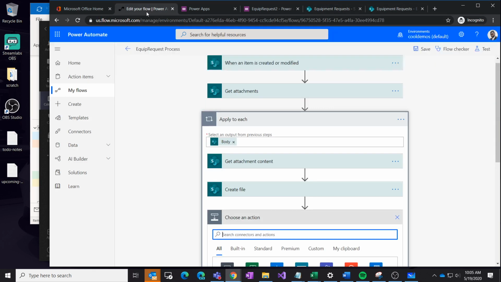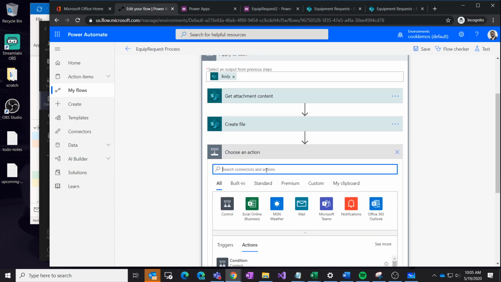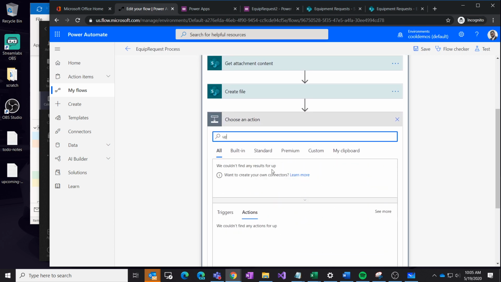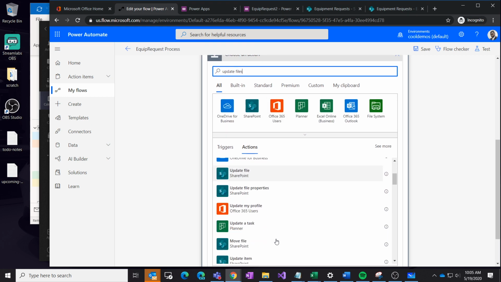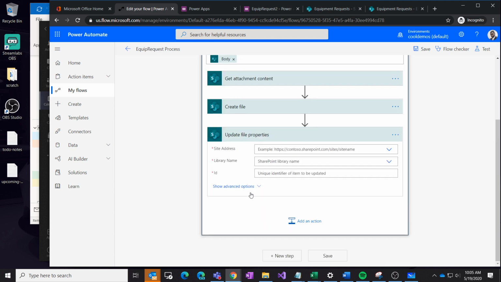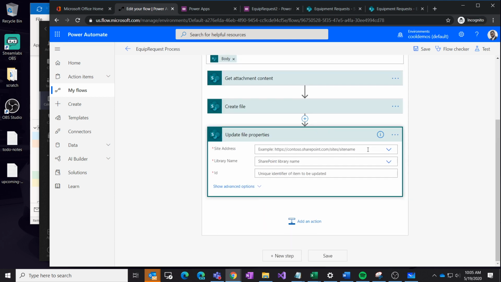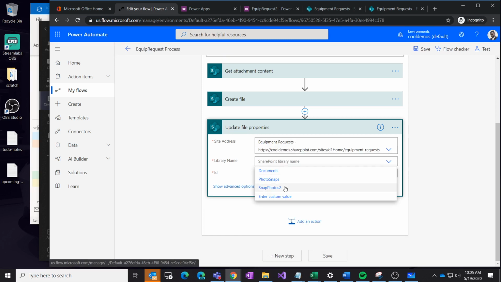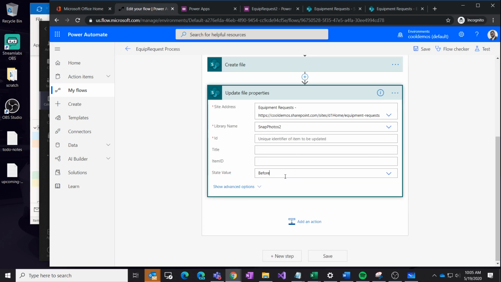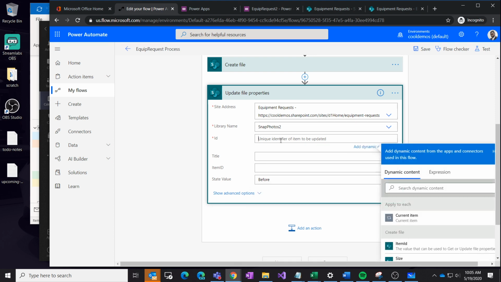So if I go back to Power Automate, creating a file is one thing, but updating the file properties is a separate thing. So you're going to have your files there, and then you're going to select this action here that says update file properties. And then again, we have to go through the rigmarole of selecting the site, selecting which library has the photo, and then it's going to ask you, okay,